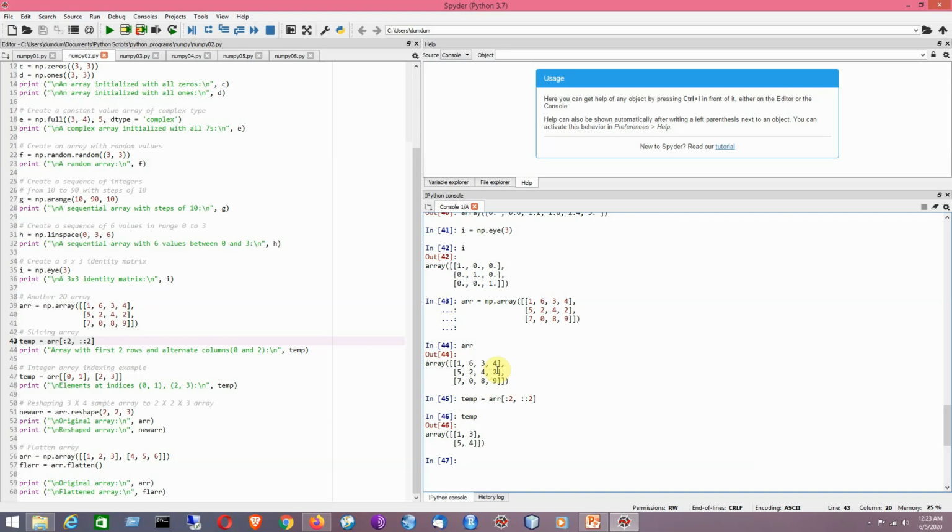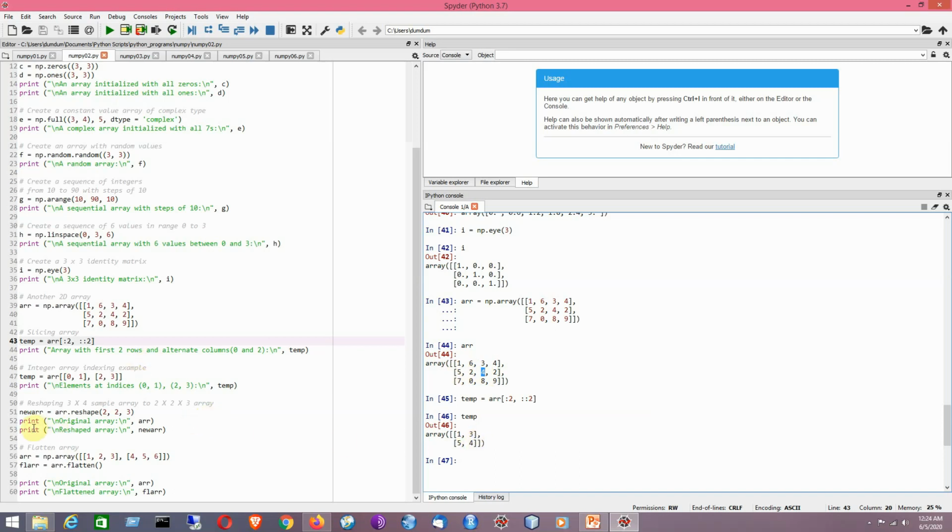Okay, so it will be basically taking the first 2 rows. That means these 2 rows will be taken into account, and it will be considering the alternate columns, like it will be taking the first, that is the 0th column, and the second column. The rest of the columns will be ignored. In that we have got say 1, that is of the first column from the first row. So in that way we have got the 0th element of the first row and the second element of the first row. So that is the idea.